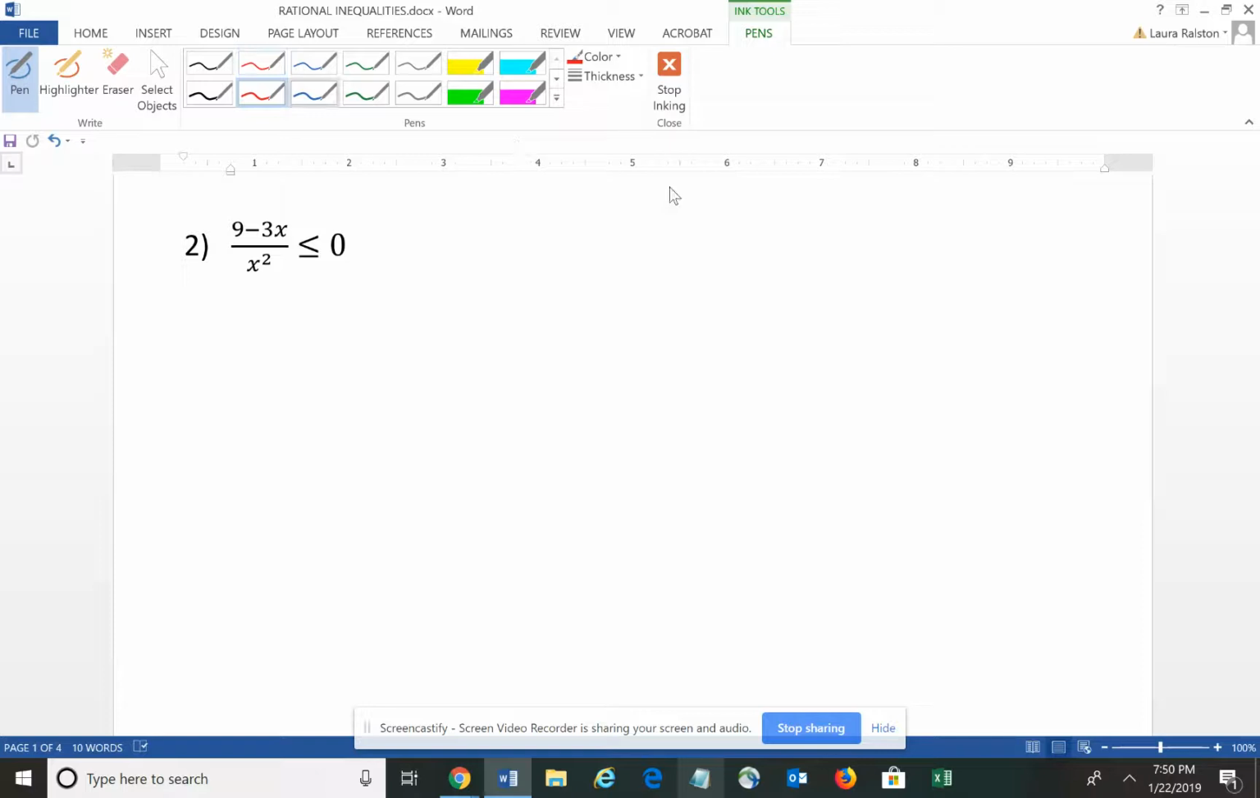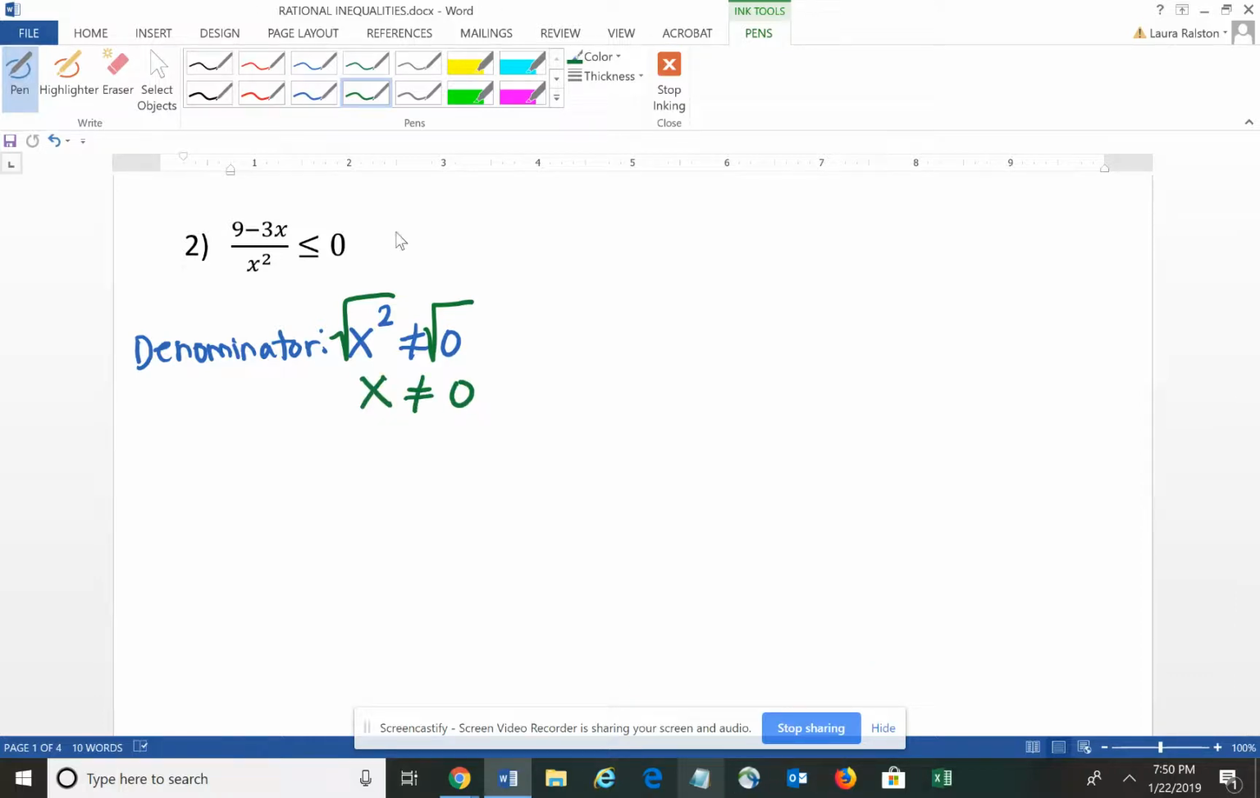Number 2, we have (9 minus 3x) divided by x squared is less than or equal to 0. Again, we need to think about our denominator. So I'm going to think about that first. It really doesn't matter which one I do first, but I tend to do that first. So I have x squared, and it cannot be 0. If I solve that for 0 by taking the square root of both sides, I find that x cannot be